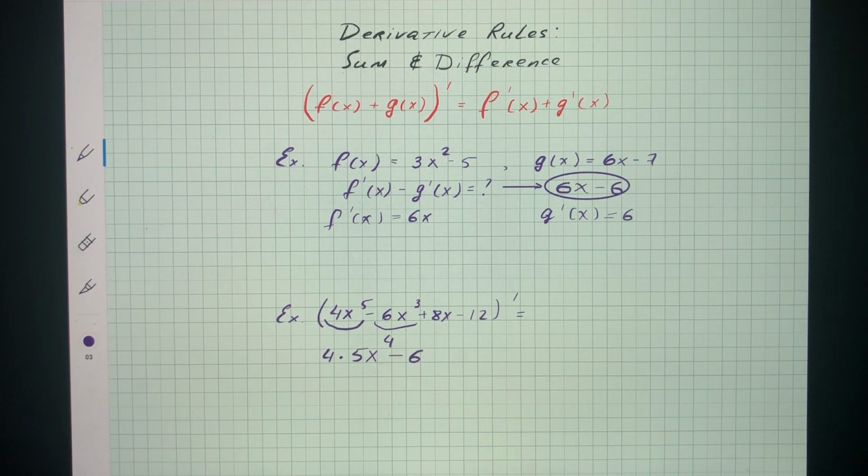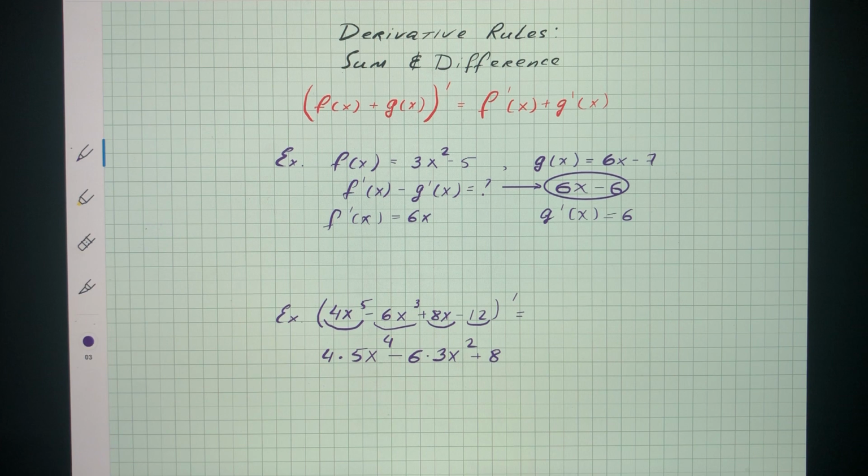Well, that's -6 times the derivative of x cubed, which is 3x squared using the power rule. What's the derivative of 8x? Well, the derivative of 8x is just 8. And the derivative of a constant is just 0. So once we simplify this, we have our final answer, which is 20x to the 4th minus 18x to the